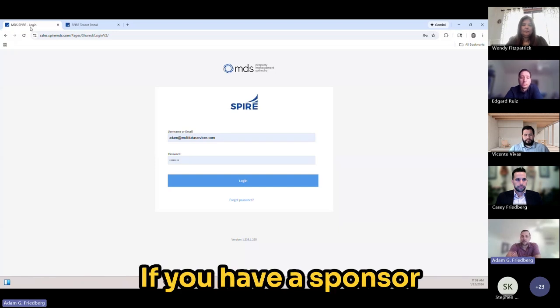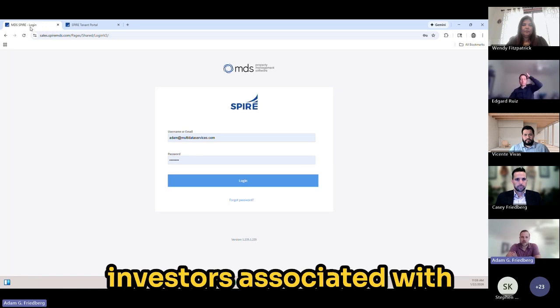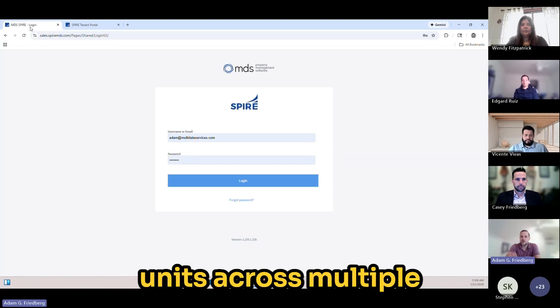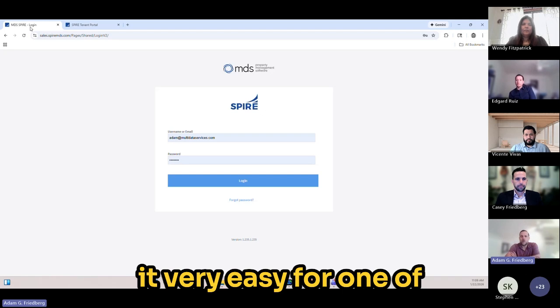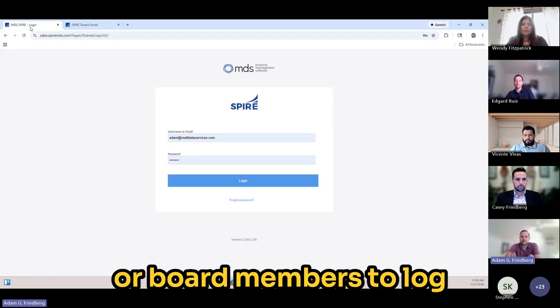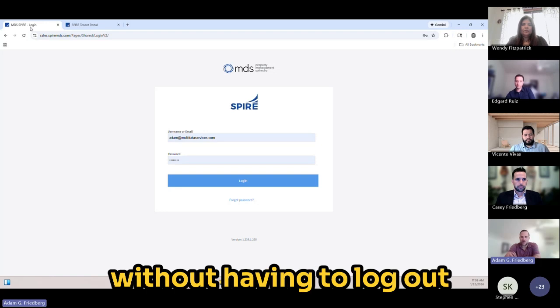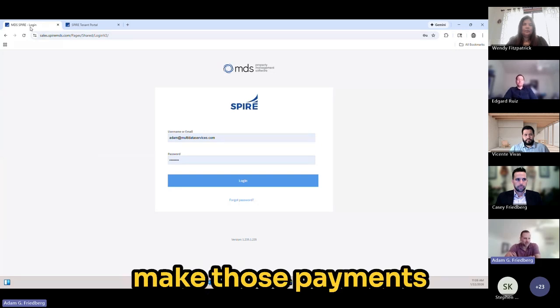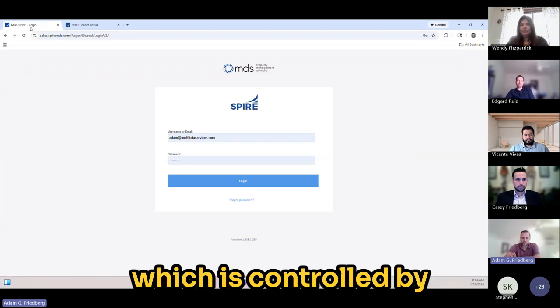If you have a sponsor that owns many units in a single building or investors associated with units across multiple buildings, you can link those together to make it very easy for one of your investors, sponsors, or board members to log in and access multiple units at the same time without having to log out and log in, so they can make those payments and make work order requests for anything they're associated with, which is controlled by the